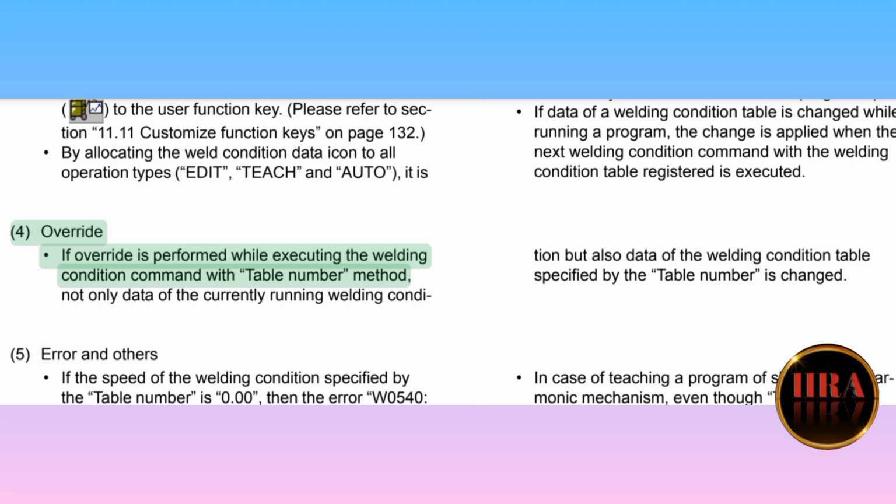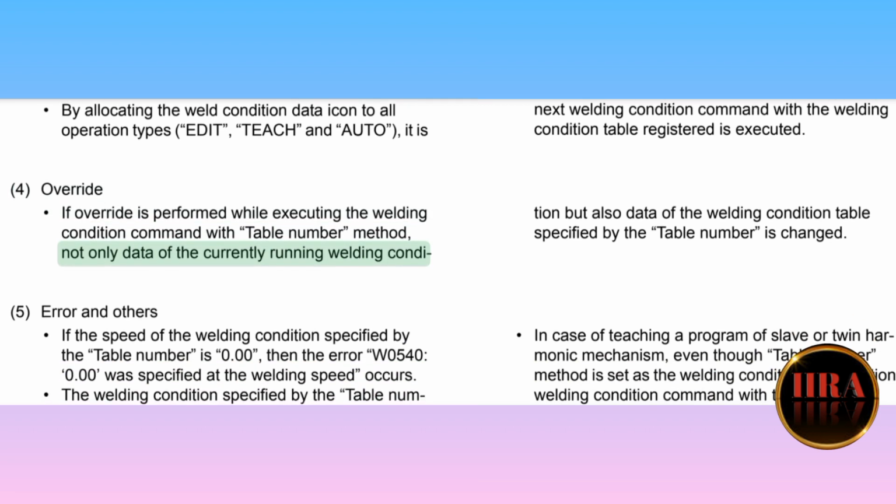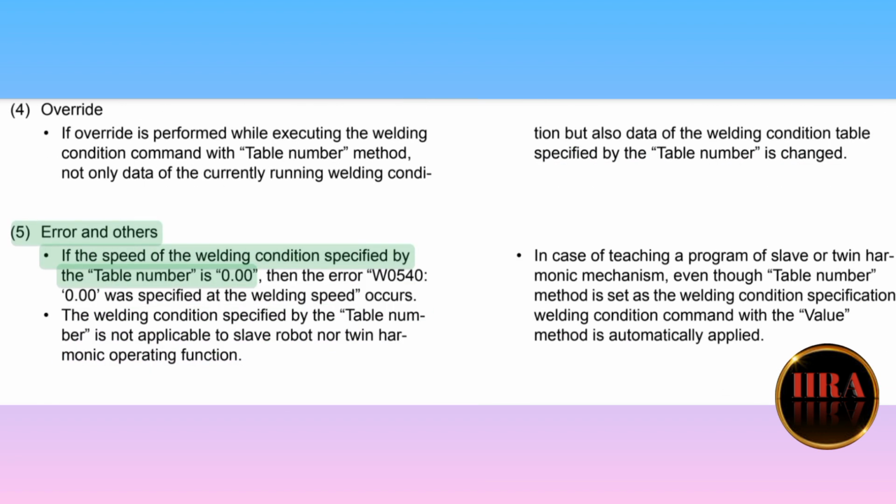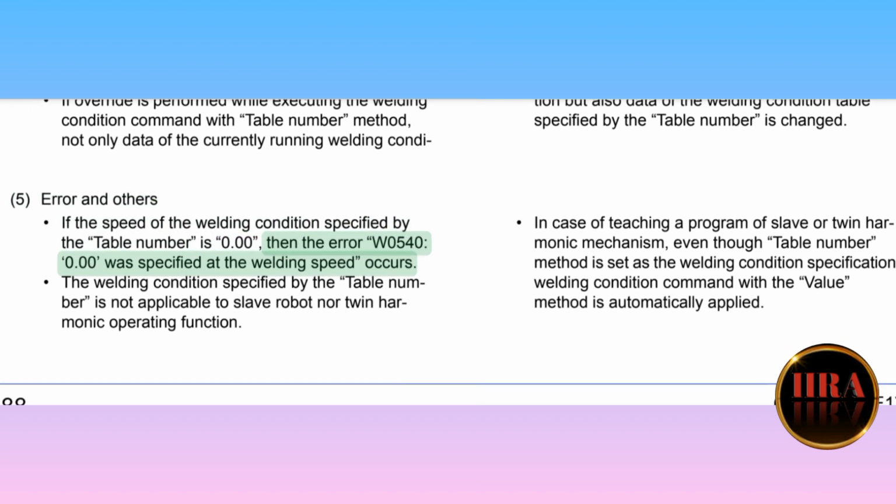4. Override. If override is performed while executing the welding condition command with table number method, not only data of the currently running welding condition but also data of the welding condition table specified by the table number is changed. 5. Error and others. If the speed of the welding condition specified by the table number is 0.00, then the error W0540, 0.00 feet was specified at the welding